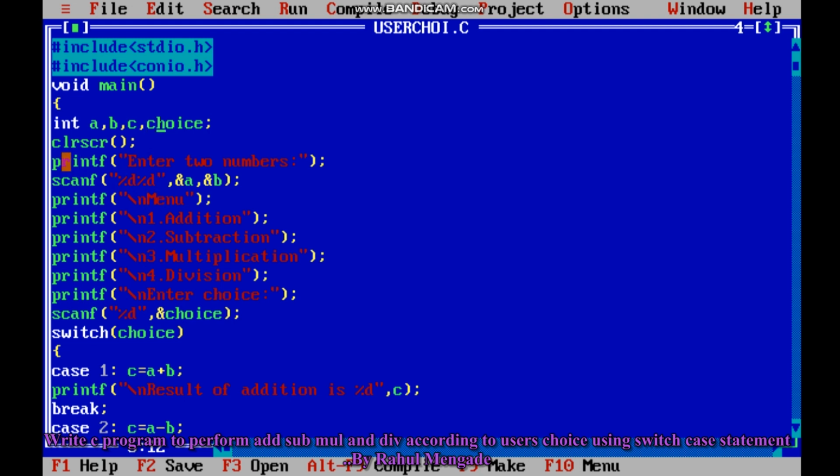Then to take two numbers from the user, this message is displayed on the output screen by using the printf function. Then the user will enter two values and those values are stored in A and B by using the scanf function, and here the type specifier is %d because A, B, C and choice are integers. Then